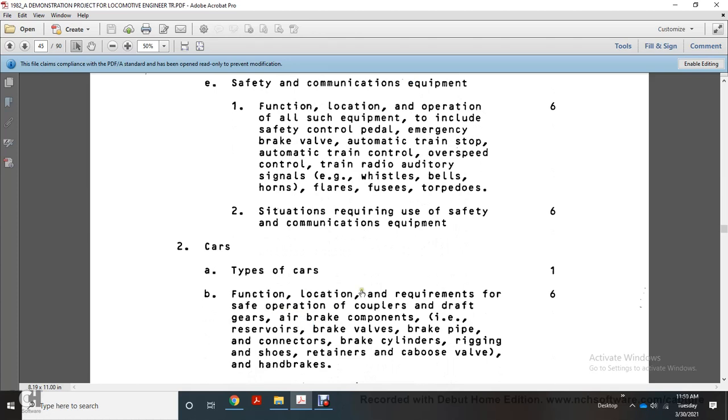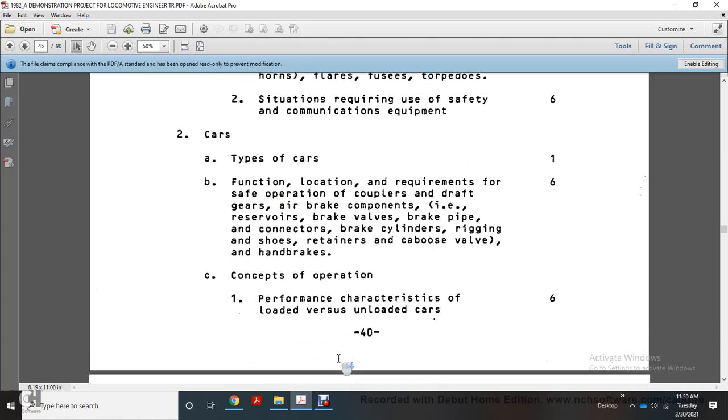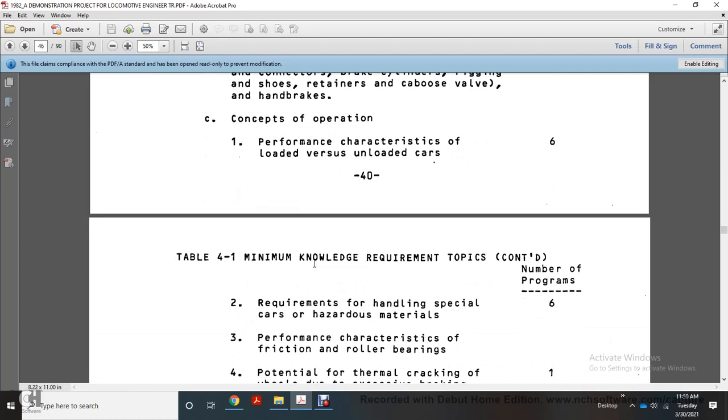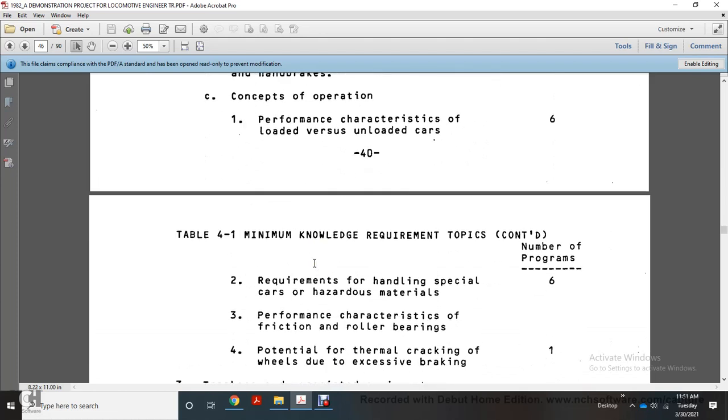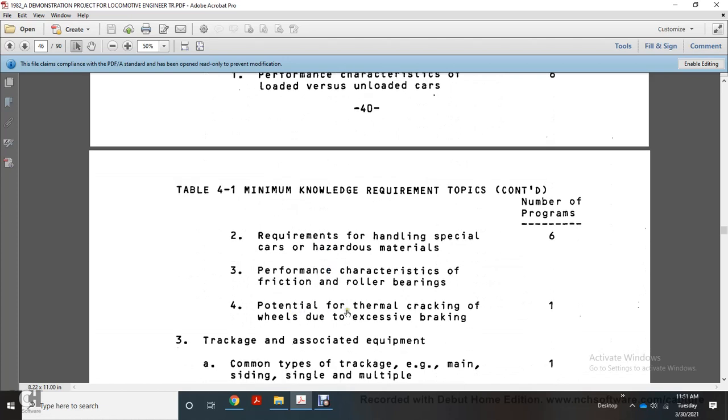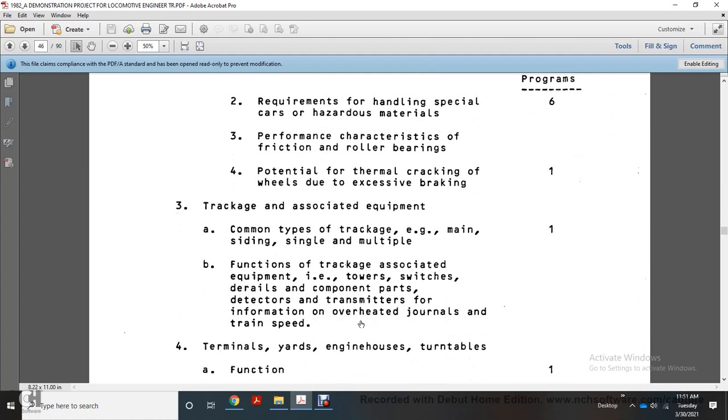Cars: types of cars, function, location, requirements for safe operation, coupler, draft gears, air cup, brake components, reservoirs, brake valves, brake pipe connectors, brake cylinder, braking shoes, retainer, caboose valve, and handbrakes. Concept of operation, performance characteristics of loaded versus unloaded cars, requirements of handling, special care of hazardous material, performance characteristics of friction and roller bearings, potential thermal cracking of the wheels due to excessive braking. Trackage and associated equipment: common types of trackage, main, siding, single, multiple, function of trackage, associated equipment, tower, switches, derails, component parts, detector transmitters for information on overheated journals, train speed,